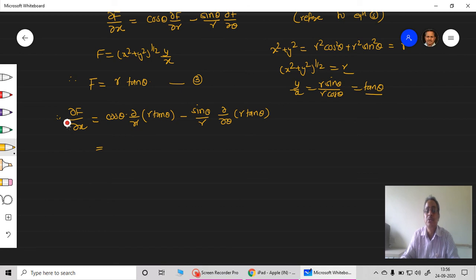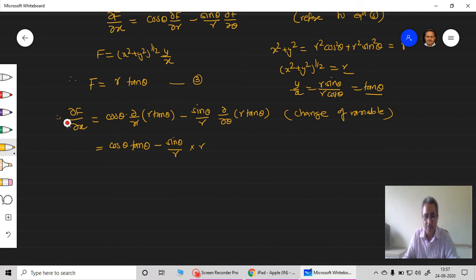By using this change of variables, this is the expression, we have used this differentiation equation. Now cos theta will remain as it is. Tan theta is not a function of r, only r is, so I can write this simply as tan theta, minus sin theta upon r will remain as it is. Now the differential of r with respect to theta is not needed because r is not a function of theta, so it will come out as it is into r, and the differential of tan theta with respect to theta,